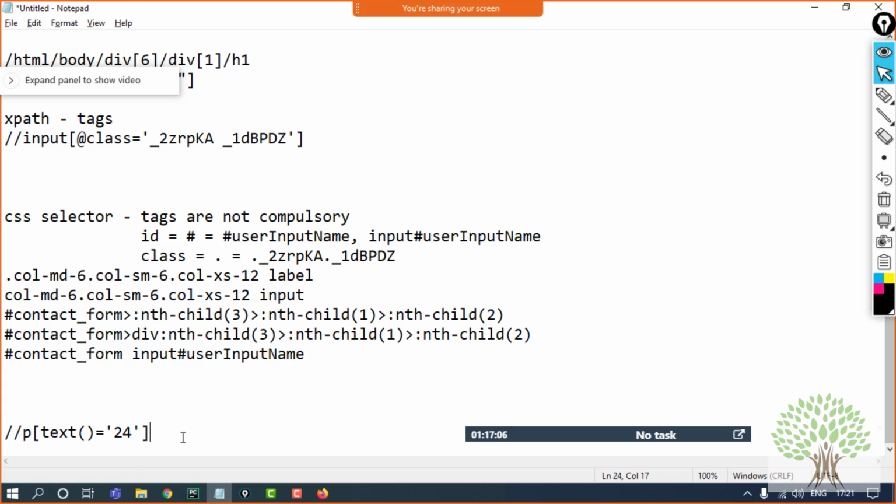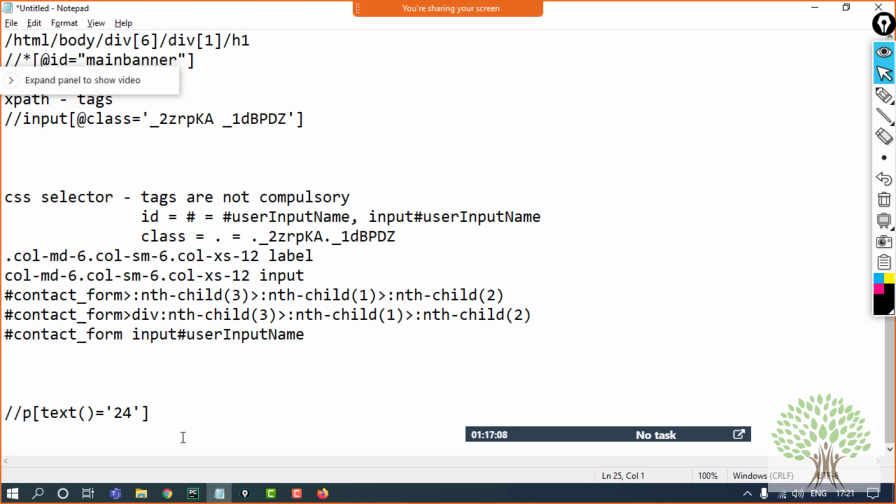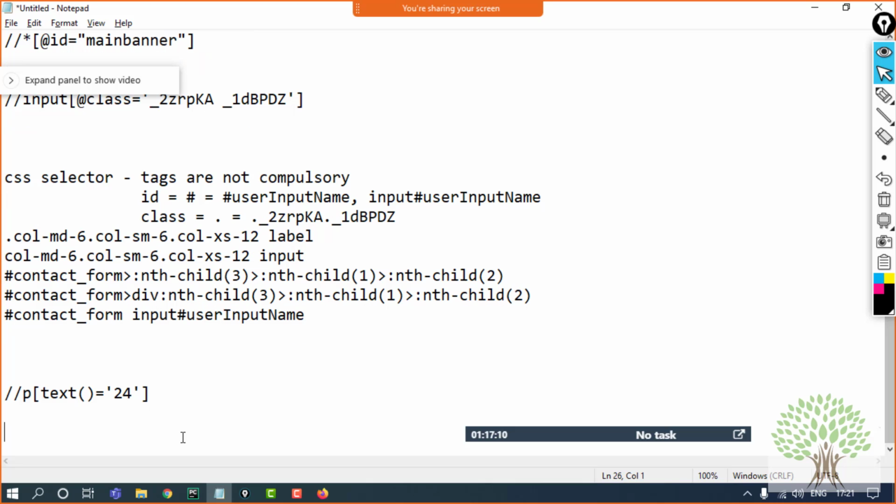Fine. Sometimes we encounter a situation in which I have some constant part and then some changing numbers. This kind of IDs are also on the web pages. The locators, sorry, the attributes use this kind of value.